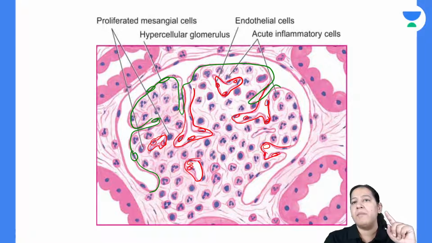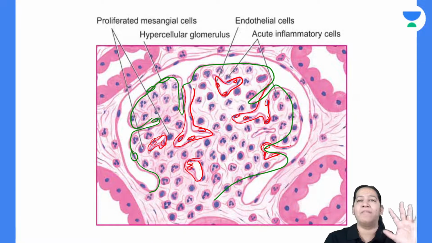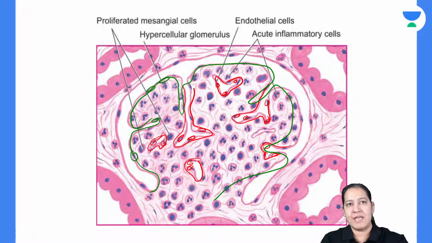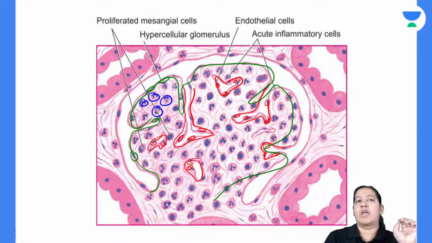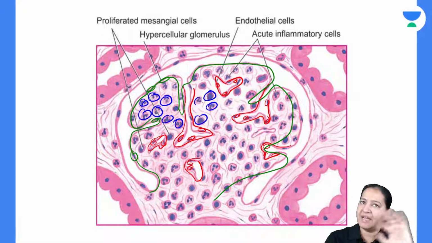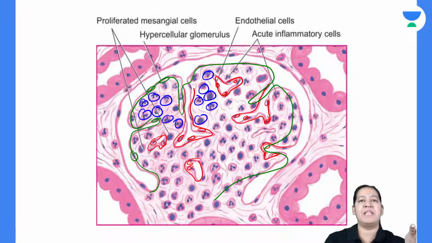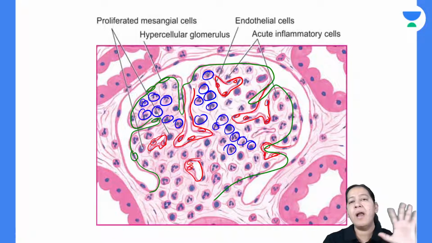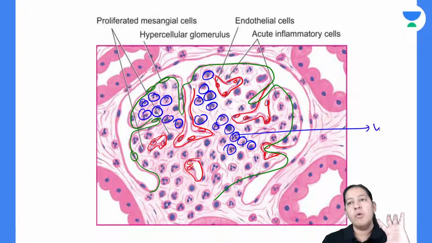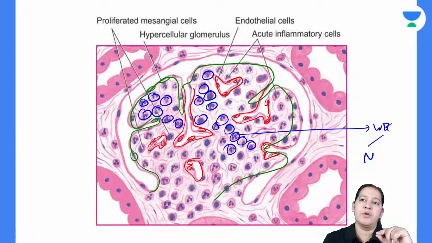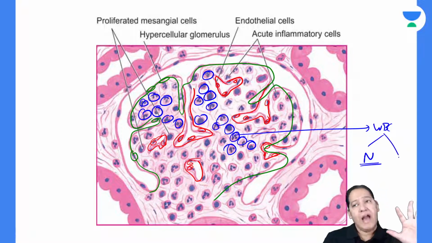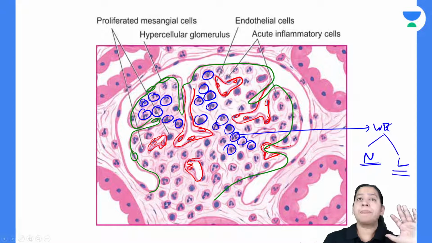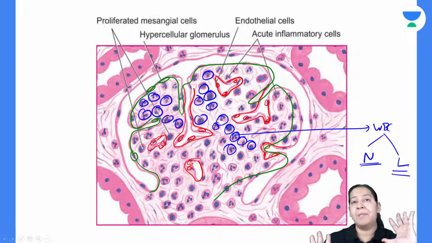So you will say, ma'am, what are the cells between them? What is this cluster? Let me draw the cells I'm talking about. What are all these cells? So there is basement membrane. On one side there is endothelium, on other side there is epithelium. But in between the endothelium and epithelium, there are multiple WBCs. Most of them, if you zoom it out, you will find these are neutrophils because they are multilobated, and few of them are lymphocytes. So the glomerulus is inflamed by WBC.